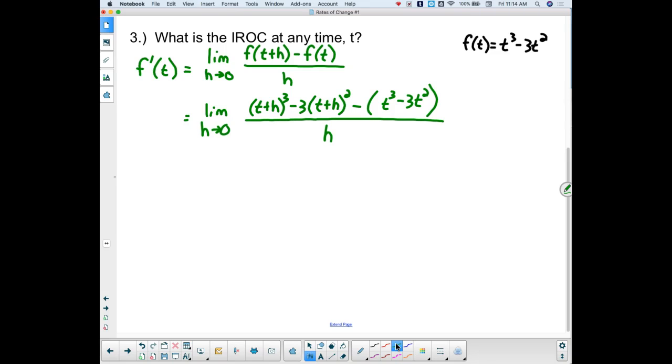If we follow Pascal's triangle that we were talking about beforehand, then that's going to be t cubed plus 3t squared h plus 3th squared plus h cubed, minus 3t squared